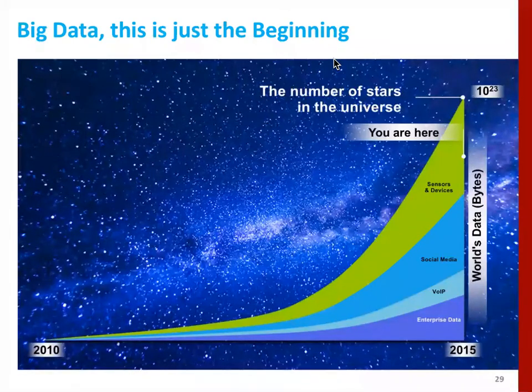Okay, so the amount of data initially, just 20 years back, 10 years back, was very, very little. And there is an exponential growth. Here, the amount of data we are generating is more than the number of stars in the universe. The huge amount of data. The question is, how do we then manipulate this, right?